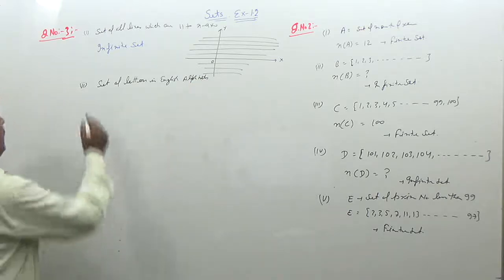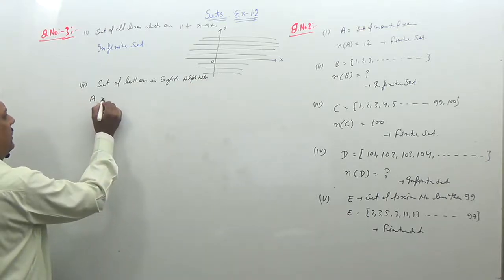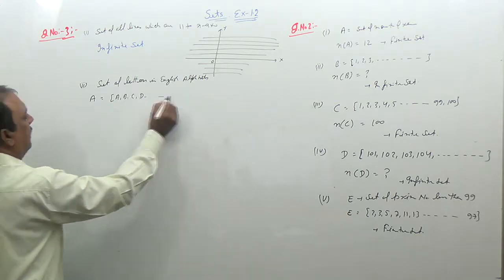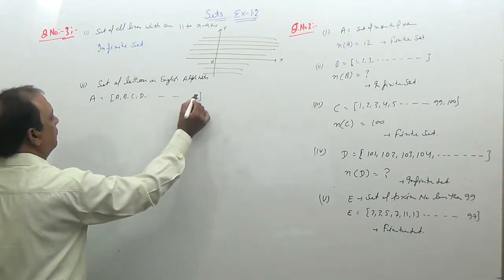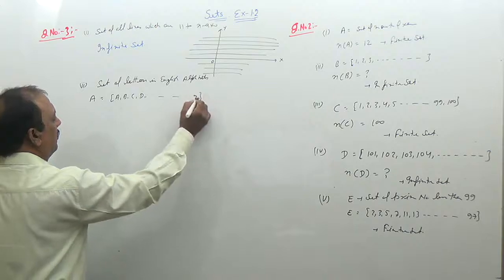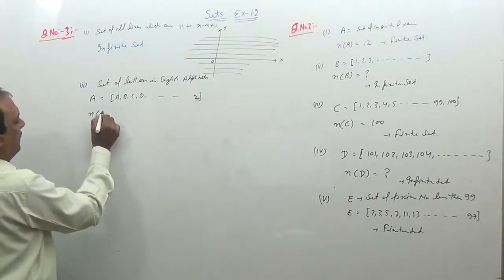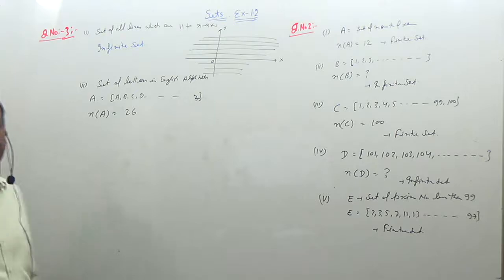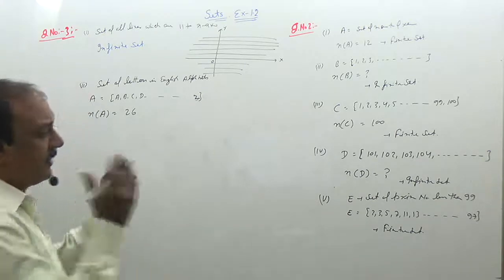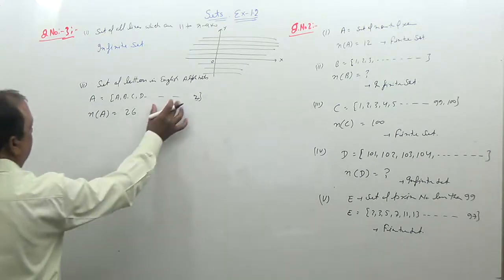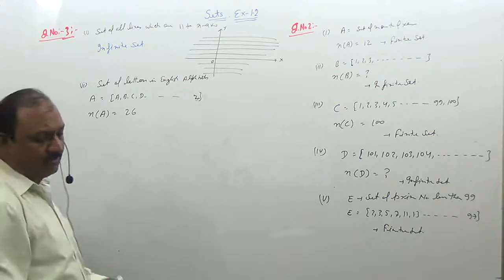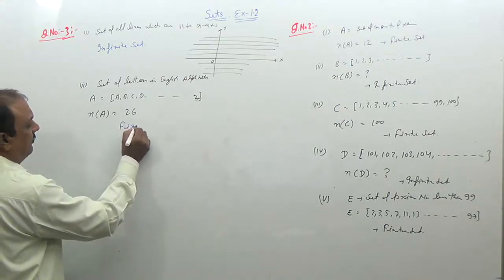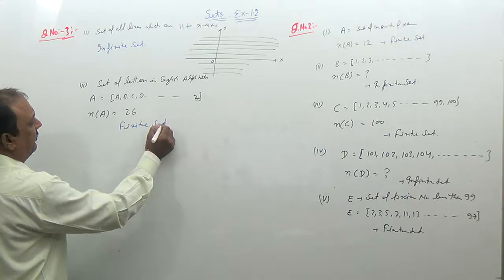So there are 26 letters, that is A, B, C, D up to Z. So we can say that the number of elements of the set is 26. तो यहां पर सर्टेन नंबर ऑफ एलिमेंट्स है, यहां पे पर्टिकुलर नंबर ऑफ एलिमेंट्स इस सेट के अंदर है, तो दिस वन इज कॉल्ड फाइनाइट सेट.